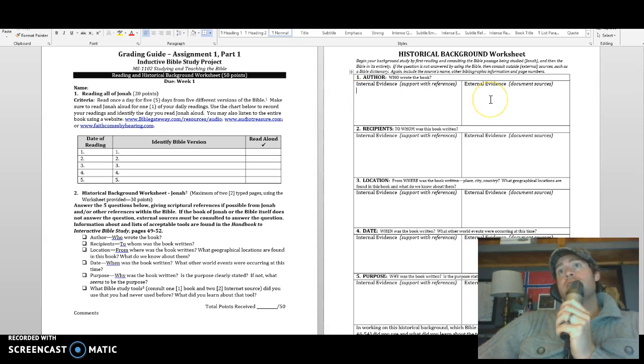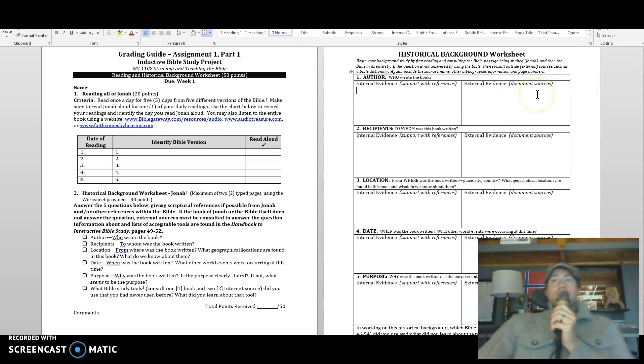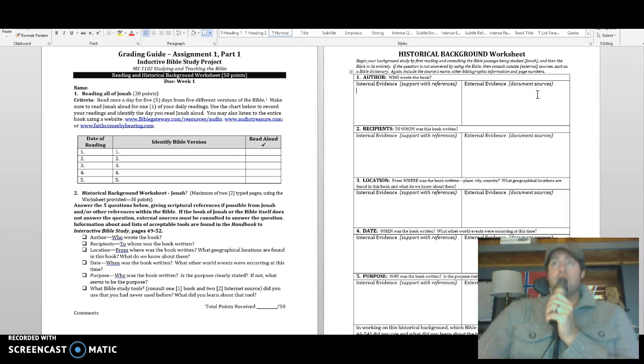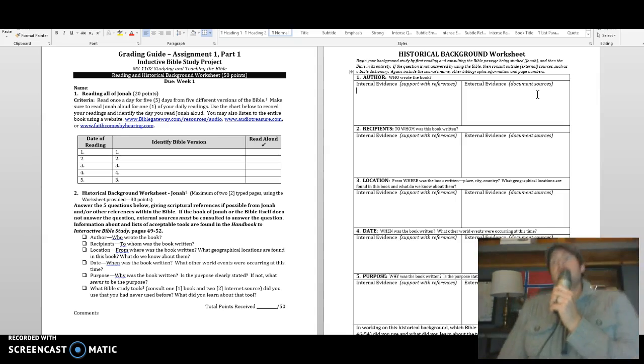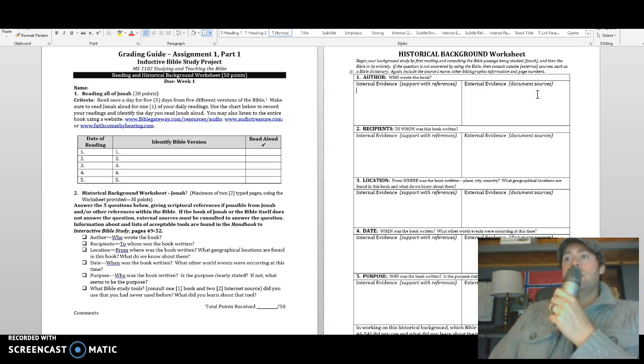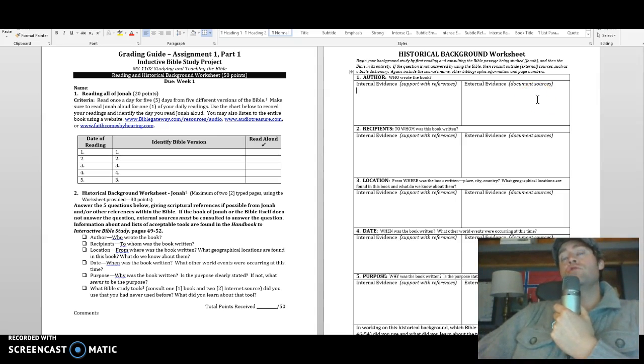Now, external evidence, you need to document what those sources are. That would be, is there any historical idea, or if you're reading some other source of a scholar or some other qualified person who's making an argument based on some other means beyond Scripture of who would have written the book of Jonah,